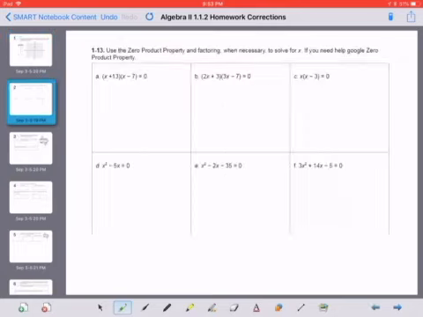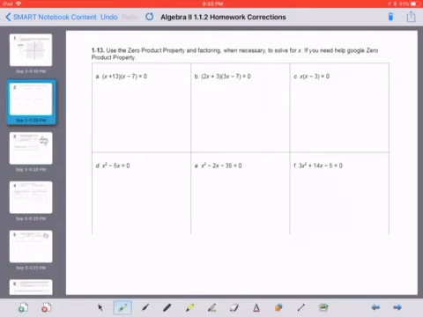Next problem says use the zero product property and factoring when necessary to solve for x. If you need help, Google zero product property. The zero product property states that any two numbers multiplied together, if one of them is 0, the answer will be 0. So in these problems, we know that we just set each individual